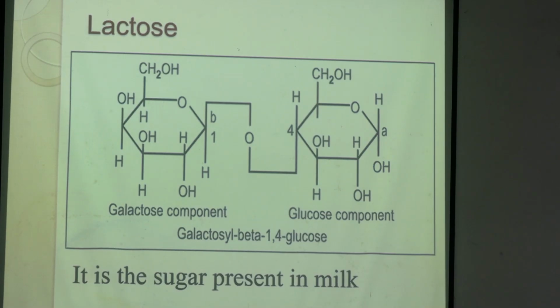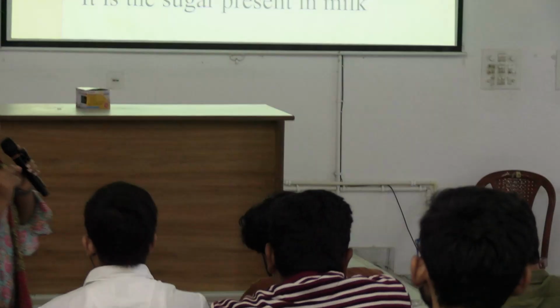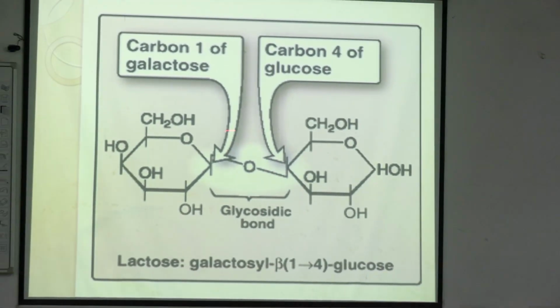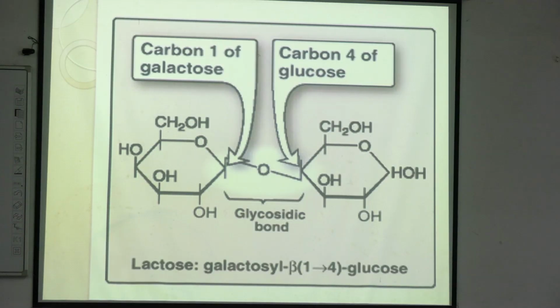Clear to everyone? What is the glycosidic bond nature of lactose? It is a beta galactose 1,4 glucose glycosidic bond. Clear? The C1 of galactose forms the bond with C4 of